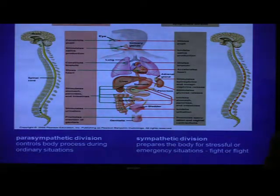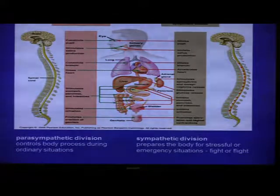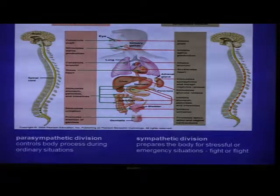So the parasympathetic division is basically our resting state. It basically helps us to do everything that way we're relaxed, okay? Whereas the sympathetic basically causes heightened activity of things. It produces that fight or flight response if you're scared, for instance. So it basically gets you prepared in that sense. So the parasympathetic is more relaxing, whereas the sympathetic is